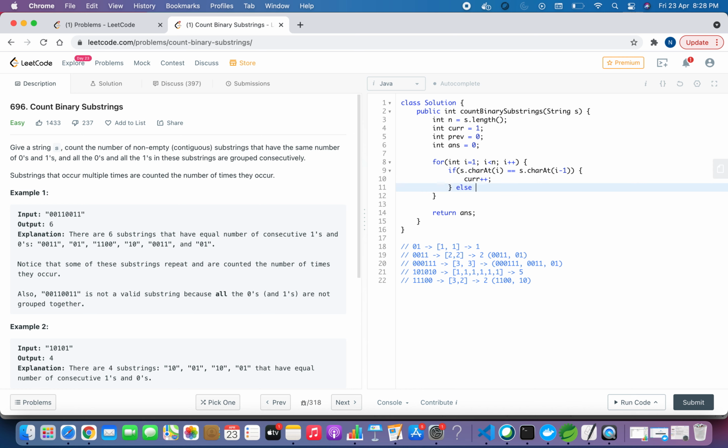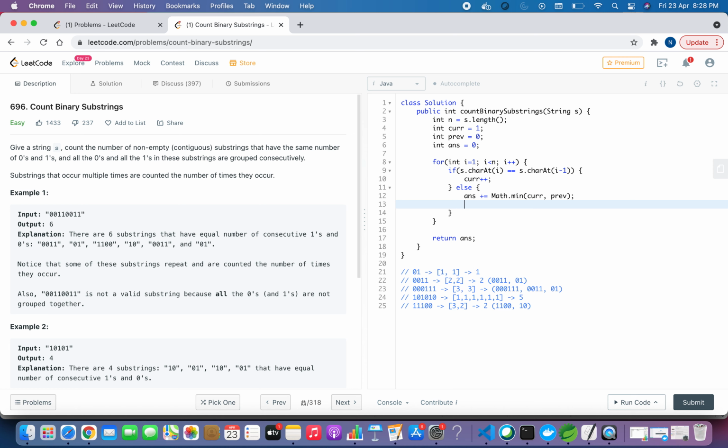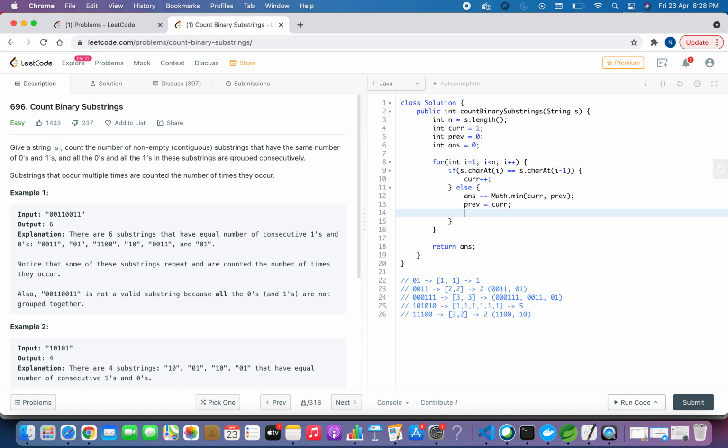Else, if those two are not equal, then we have to calculate the answer. So answer will be answer plus Math.min of current and previous. Now our previous will become our current, and current will be initialized to 1.